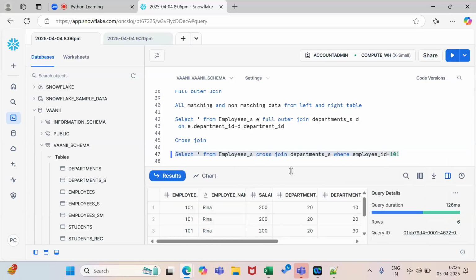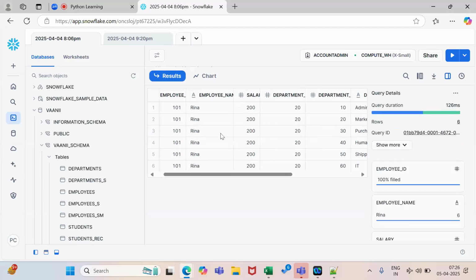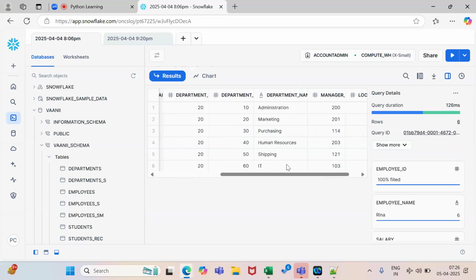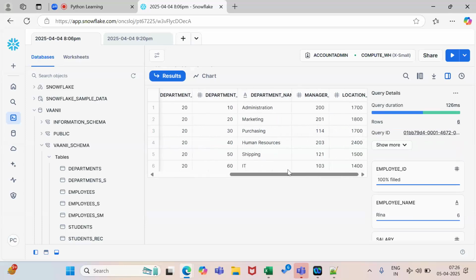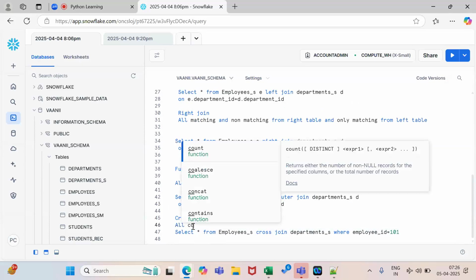Now if you see this, this value is repeated 6 times, okay, with these values from the left table. So this is the Cartesian product, and all combinations will be there. All combinations from both the tables will be there.